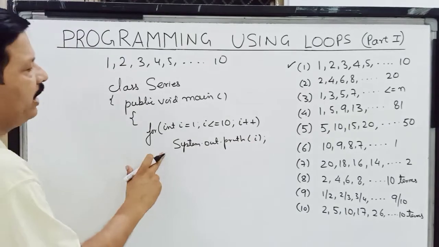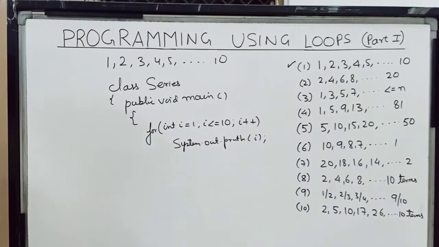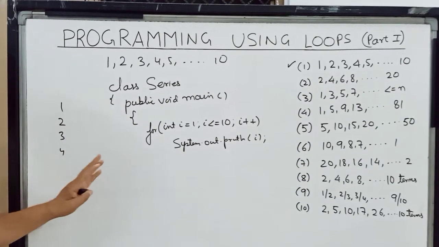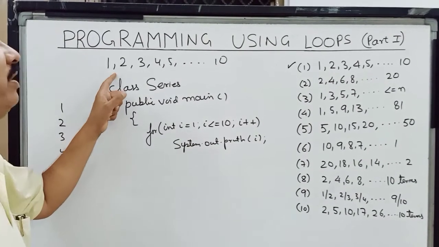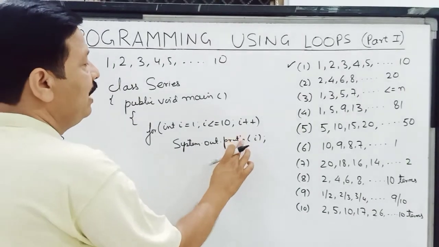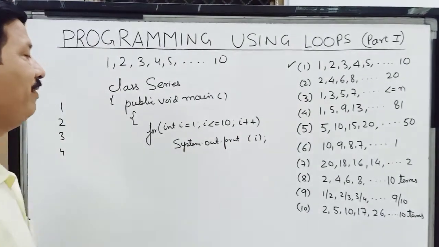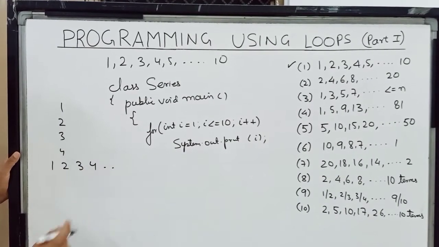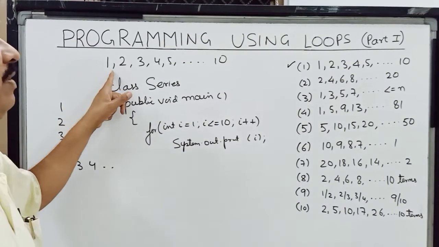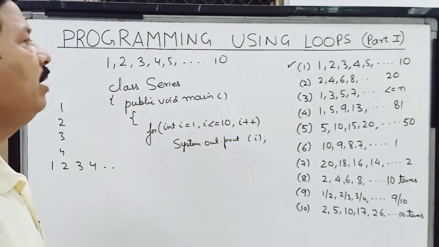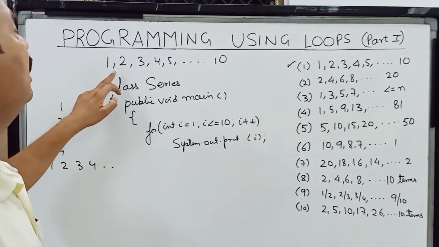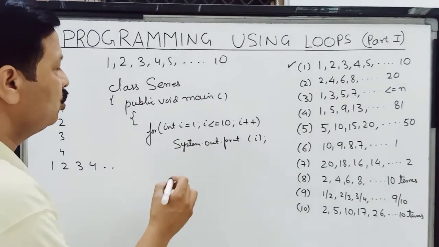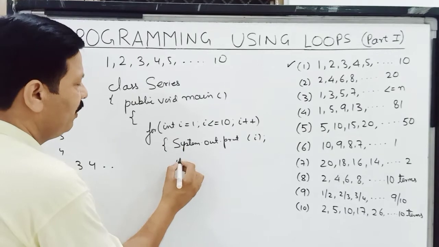Now if I am printing this number like that children, then my output will come like this 1, 2, 3, 4. But this is not the way I am asking the output. The output is asked in a row. So for that we'll use print. Now even if we use this print statement, my output will come like this 1, 2, 3, 4 and so on. And there is a comma in between. I also want to print this comma because at your level it would be preferential to print this comma over here.